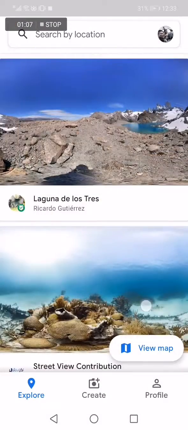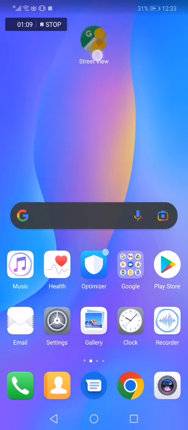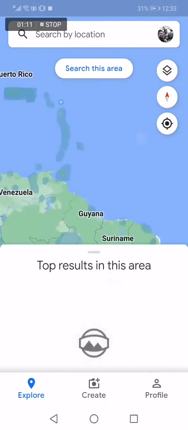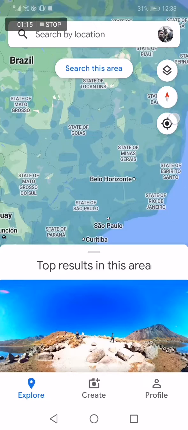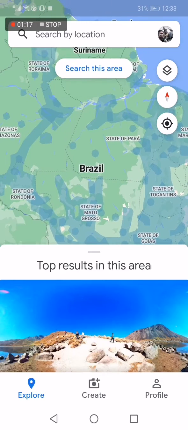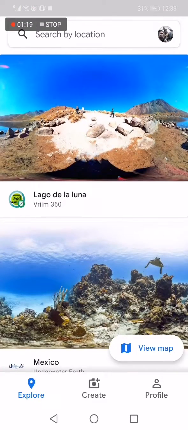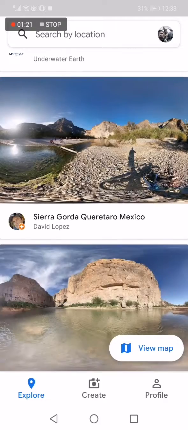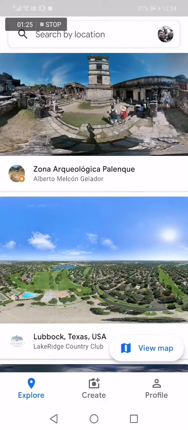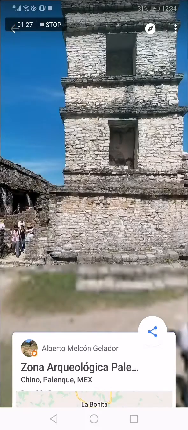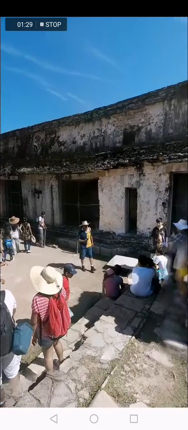and yeah, it's so easy. As you can see, you can choose any place on the map. For example, I'm gonna choose here in Brazil. As you can see, you have many destinations to choose between. For example, this one. Now, as you can see, you can explore and see the